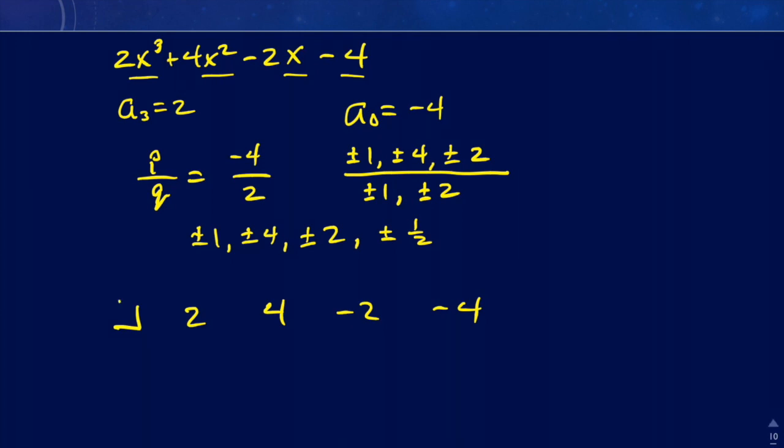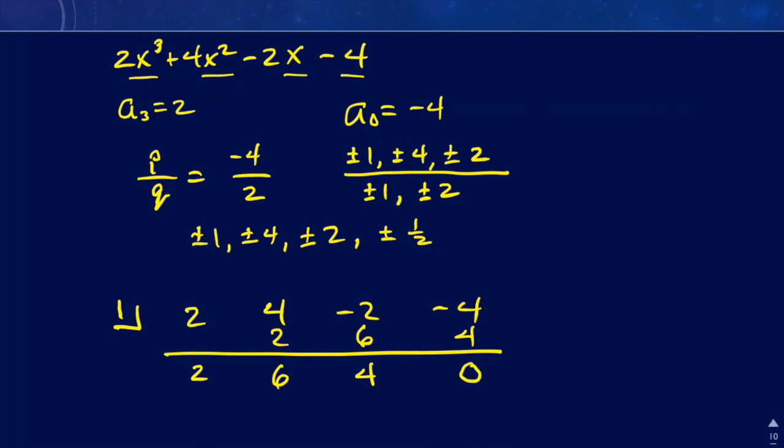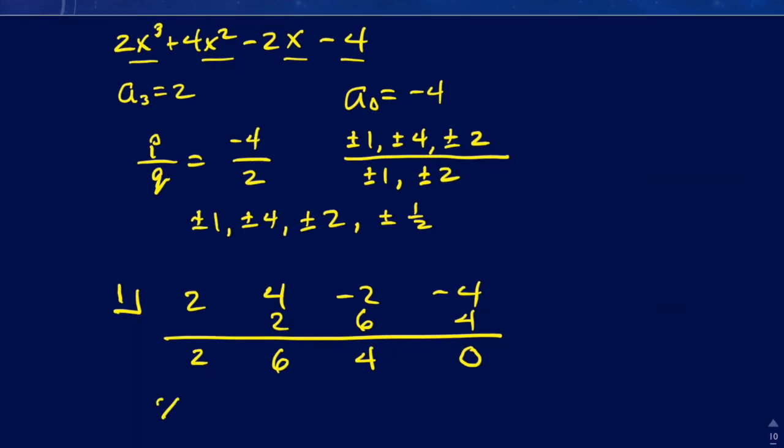So we always like to use 1. It's always a good starter. So bring down the 2, times 1 plus 4 is 6, times 1 is 6 plus -2 is 4. How nice. 1 times 4 gives me 4, and when I add that to -4, I got a 0. So since I got a 0, that means that c equals 1 is a zero, and so we can represent it as x minus 1, and then write the depressed polynomial as 2, because of this 2 right here,